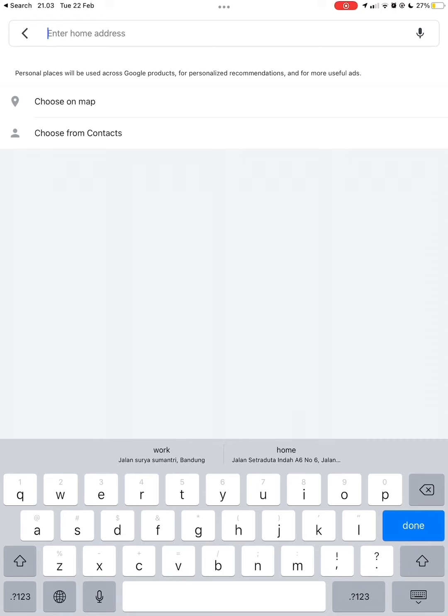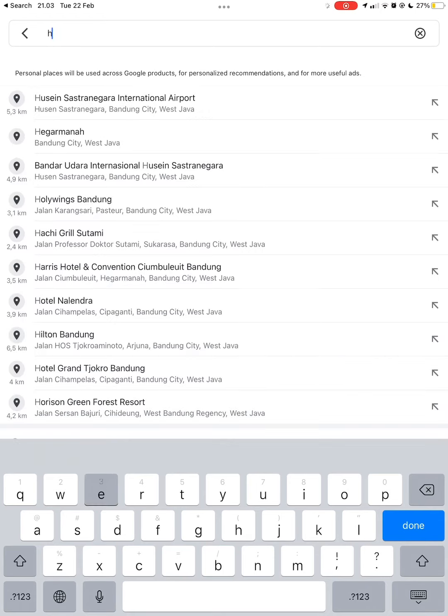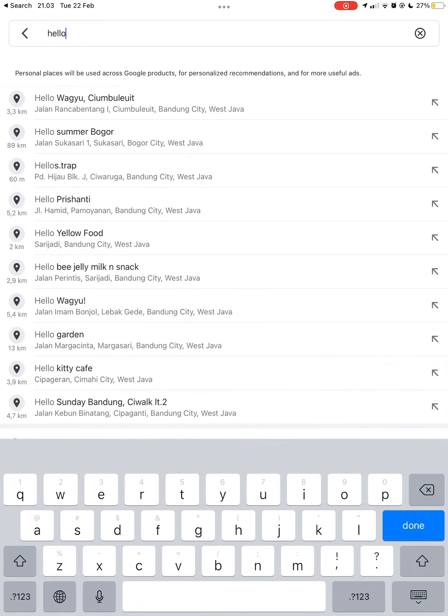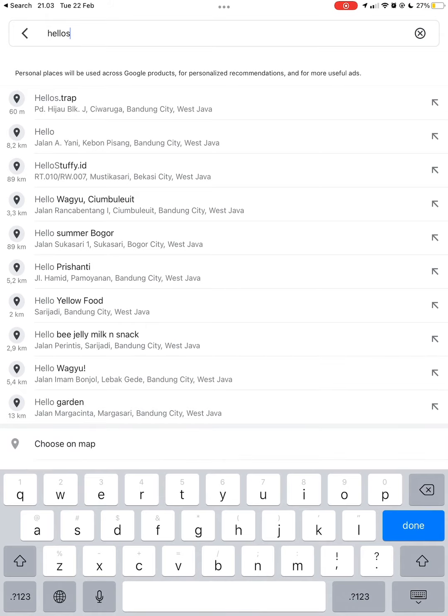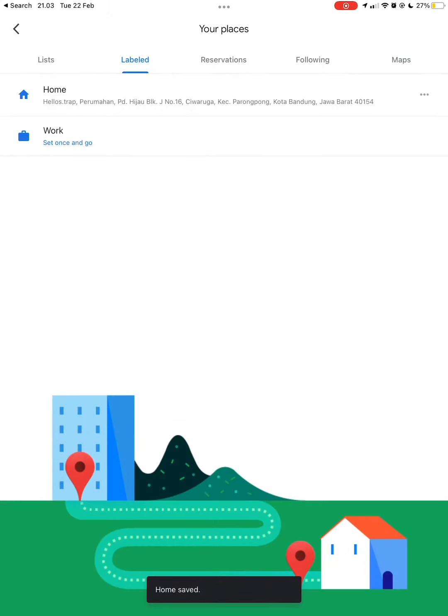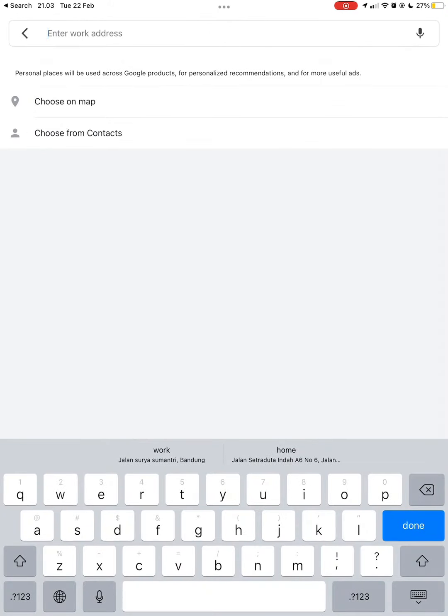You can type, or choose on map, or choose from contacts. So here I'm just gonna type my home address, and then it's all set. So now my workplace, for example, I want to choose on map, so just press on choose